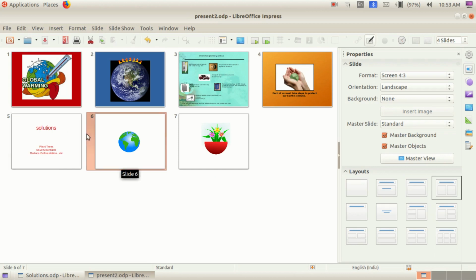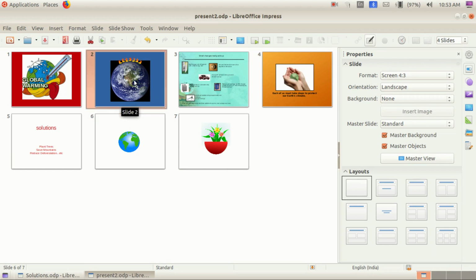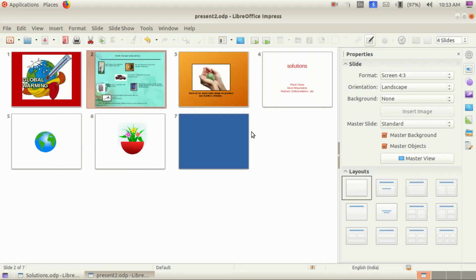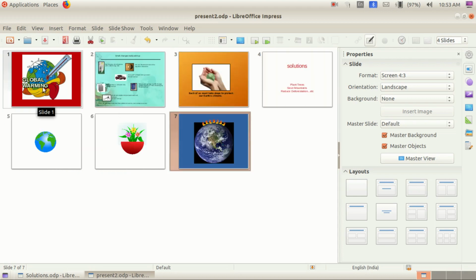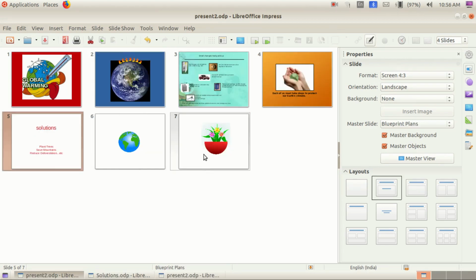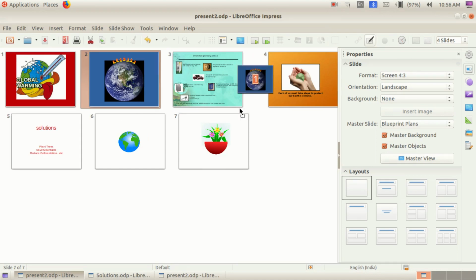Is it clear, children? If you want to change the order of these slides, let us change it. I am going to arrange this slide here, and look here, this is the first slide now. This is the 7th slide, that is arranged according to this. Let us see, children, the sorting order once more.